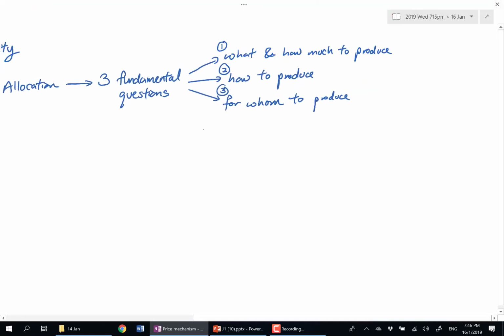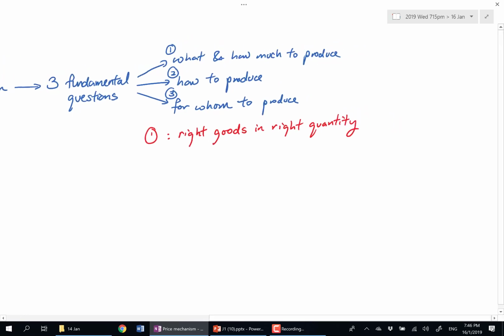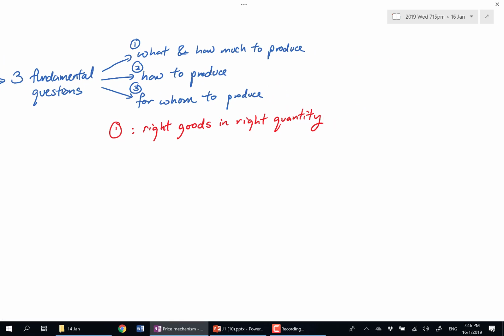Now under 1, the desired outcome is we want to produce the right goods in the right quantity. It sounds a bit vague, okay? So we typically say we like to produce the right goods in the right quantity. This is the so-called correct answer. Producing the right goods in the right quantity also means you reach a situation where it's not possible